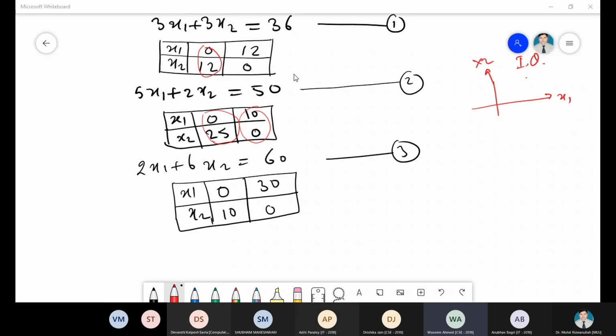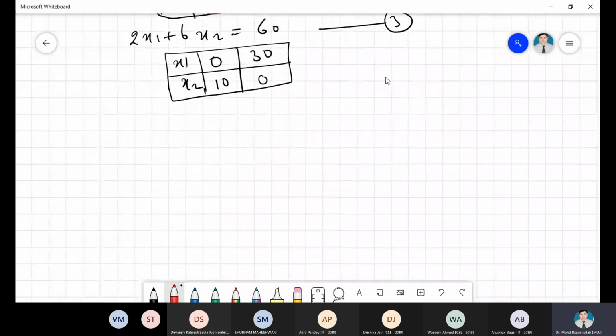Did you ask what is the maximum point? Maximum coordinate point. What is the maximum coordinate point? Just a second. 30. Yes, Anubhav, 30 is there. So that means at the coordinate point we require the 30.